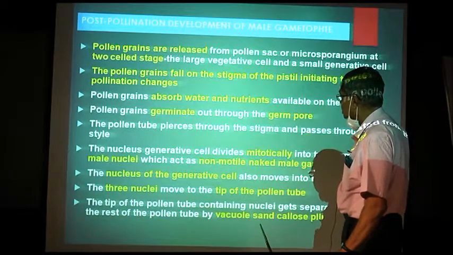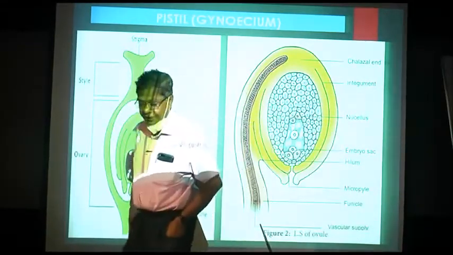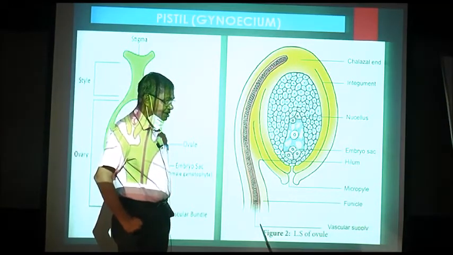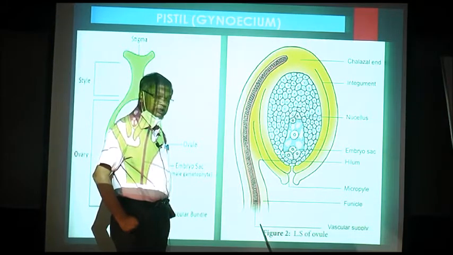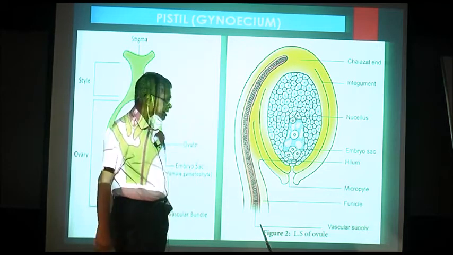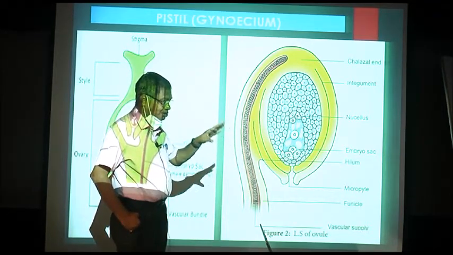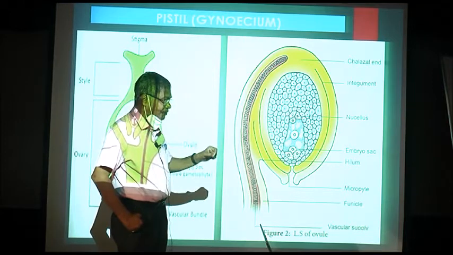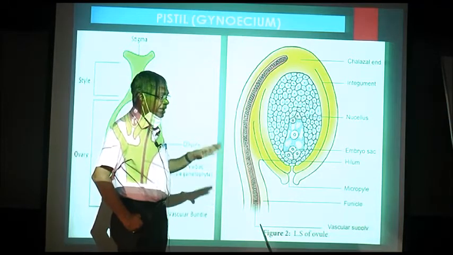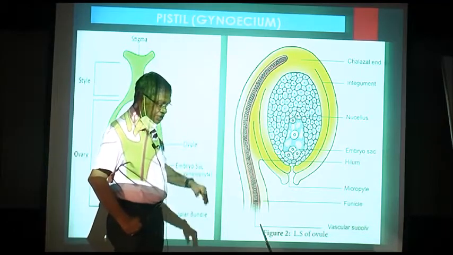So up to what we have studied? We have studied that the angiospermic plant is a sporophyte, the flower is a sporophytic part, then the calyx and corolla are diploid, the androecium part is also diploid in the beginning, it has anther, inside the anther there are microsporangia, these microsporangia have microspore mother cells, they undergo reduction division to form microspores which are haploid, and they transform themselves into pollen grains.